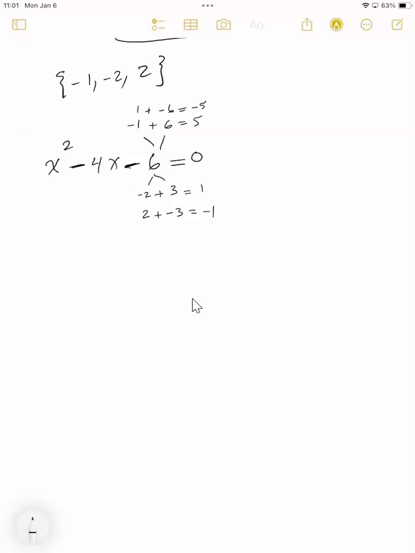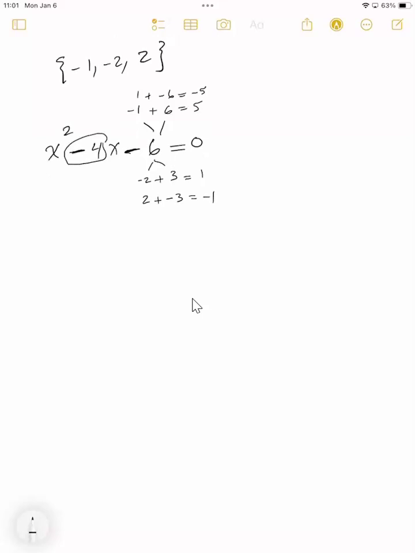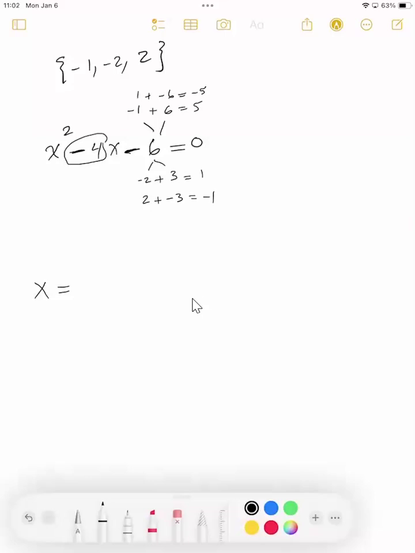So as you see, I am not getting -4, so this is not factorable. What do I do to solve it? There is a formula that is called the quadratic formula. And the quadratic formula says, if you take the following numbers and put them in the following formula, it is going to give you the answer to x. The number that is next to x to the power 2